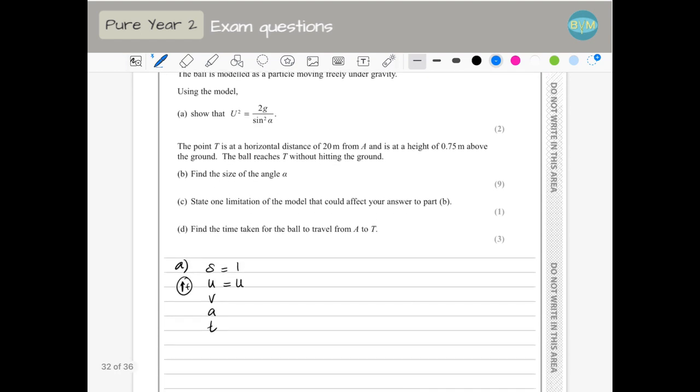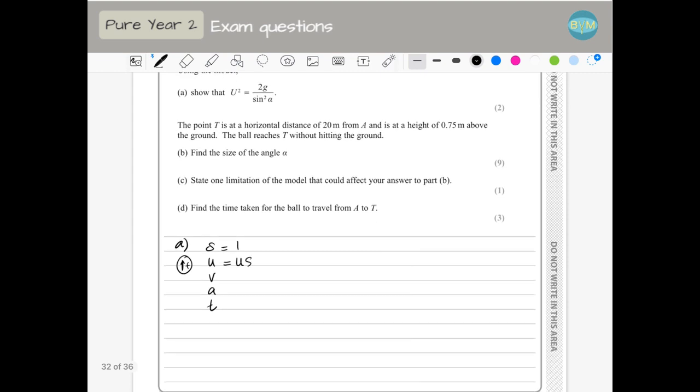In this case, I'm talking about the vertical one, so u sine alpha. We don't need the final velocity. Acceleration is minus the gravity, minus because I consider positive up and gravity always goes down, and time is going to be,